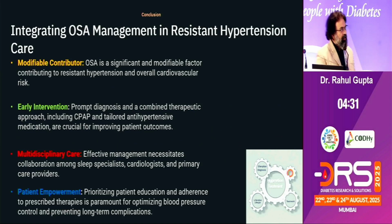So just to conclude, and then I will quickly revise what I have said because I was fast. This topic is simple, but we are unaware of the impact, and patient resistance is also there. Sometimes in our busy practice, we also forget to discuss sleep related issues. So, integrating OSA management in resistant hypertension care: OSA is a significant and modifiable factor contributing to resistant hypertension and overall cardiovascular risk. In fact, heart failure with preserved ejection fraction and heart failure with reduced ejection fraction are also